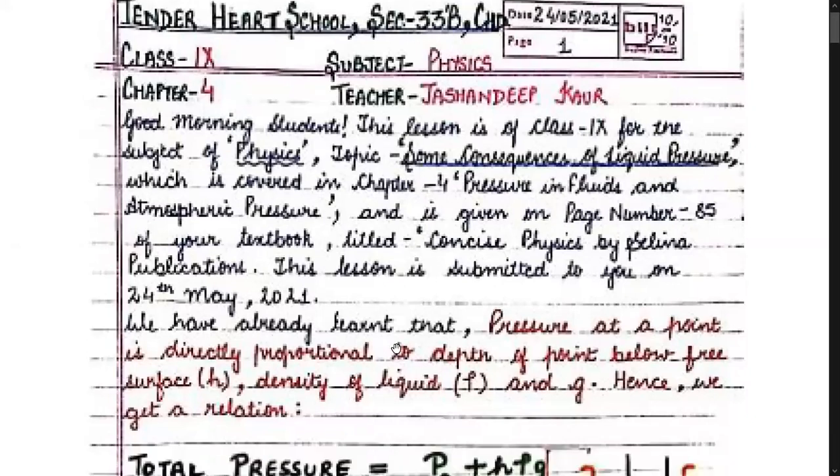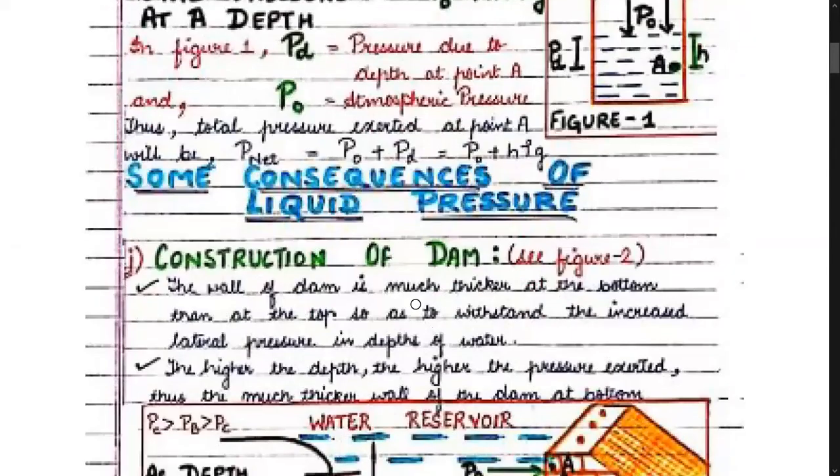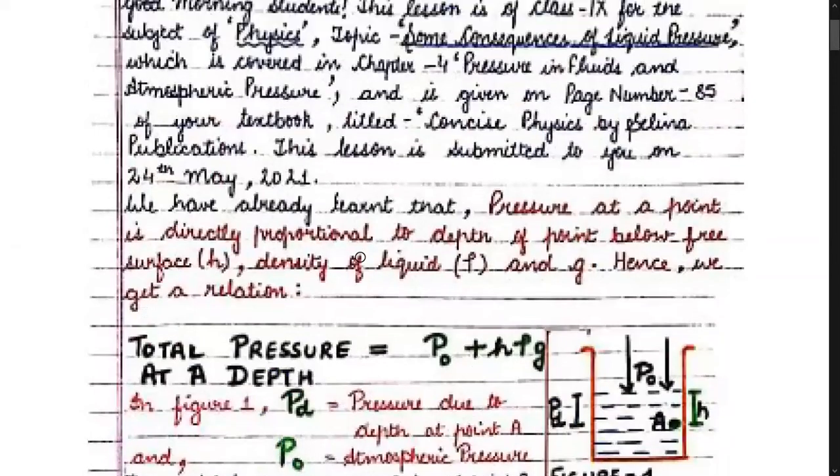Students, this lesson is of class ninth for the subject of physics. Topic for today is some consequences of liquid pressure, and it is covered in chapter 4, that is pressure in fluids and atmospheric pressure. Children, we have already learned a formula last time that pressure due to a